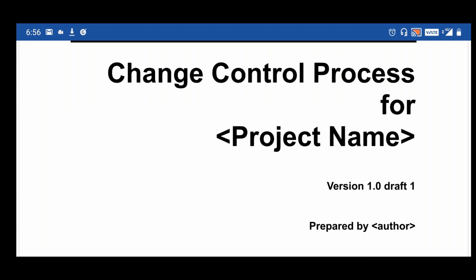But if it impacts the existing system, an impact analysis would be done, the approval process would be followed, and only after the approval would the change be made to the system. So that's all basically depending upon the magnitude of the change we are going to make to the system. Okay, good. Thank you.